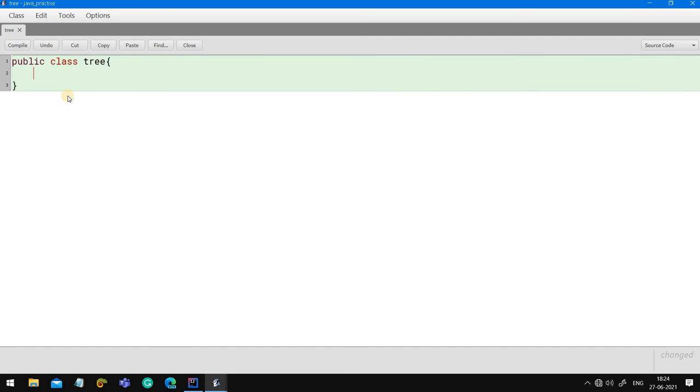Now let me give it a data member, that is string. Let me give it as name only. Name is equal to, let me give it as mango.